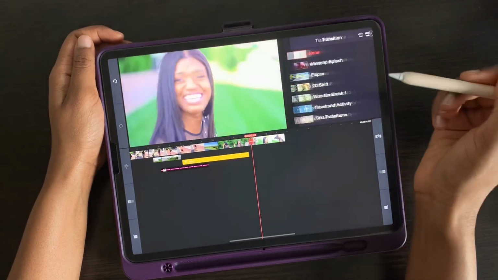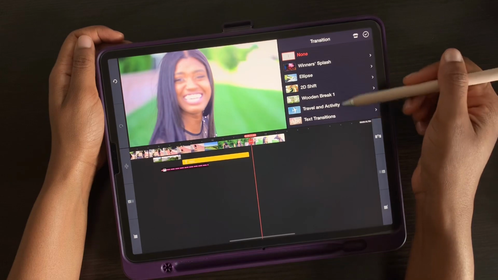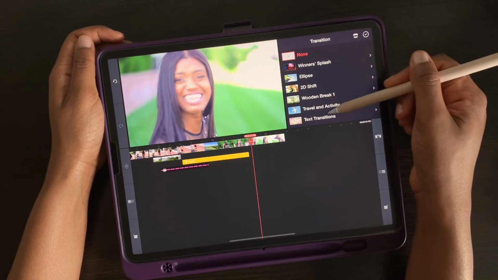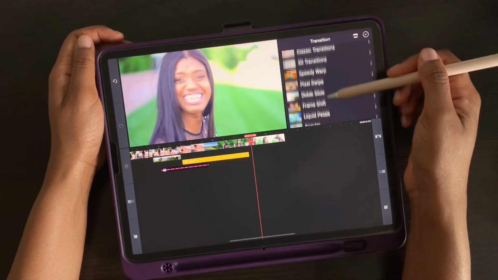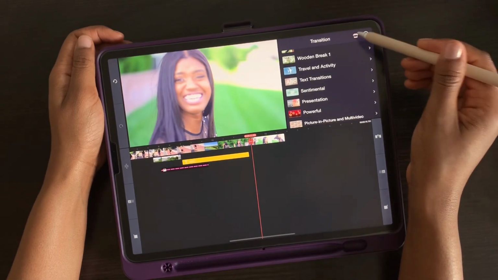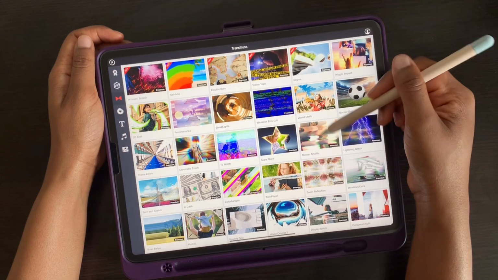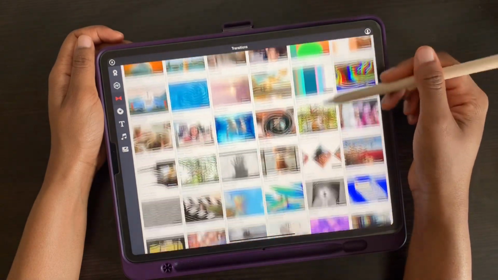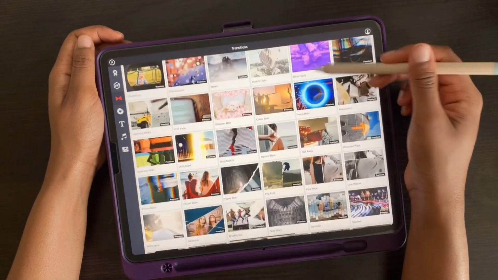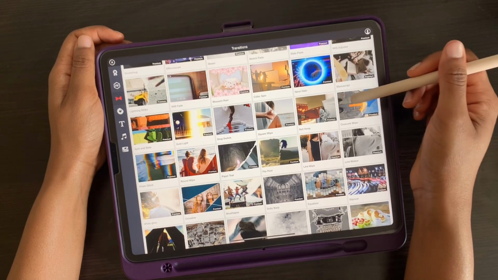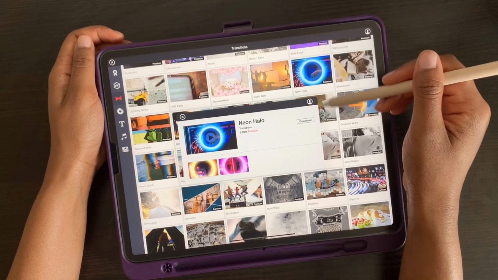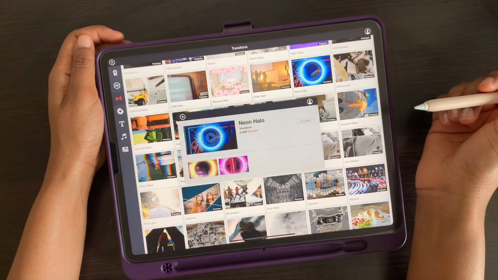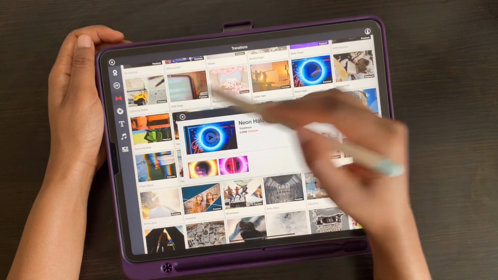So I click on the plus sign and all the transitions come up. They have different variety in transitions, and I can choose whichever one I want that's available here, or I can go to the store as per usual and find a fun transition that I can use as well. Say I want to use this blue Neo Halo transition. I click on it, download. It's installed, so I exit